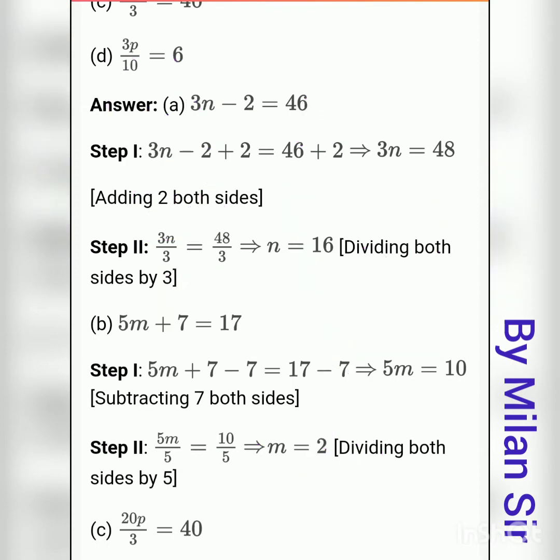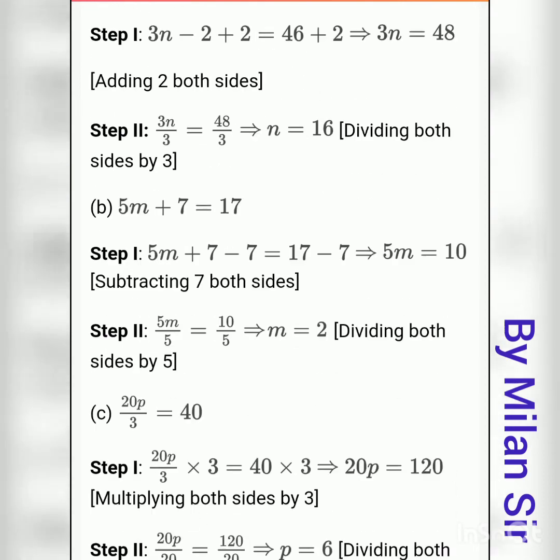Okay, so for finding out the solution, one by one we need to transfer all the terms to the other side. Okay, and addition becomes minus sign, minus becomes plus, multiply becomes division, division becomes multiply if we transfer from one side to another side. Okay, numerator goes to the denominator, denominator goes to the numerator.